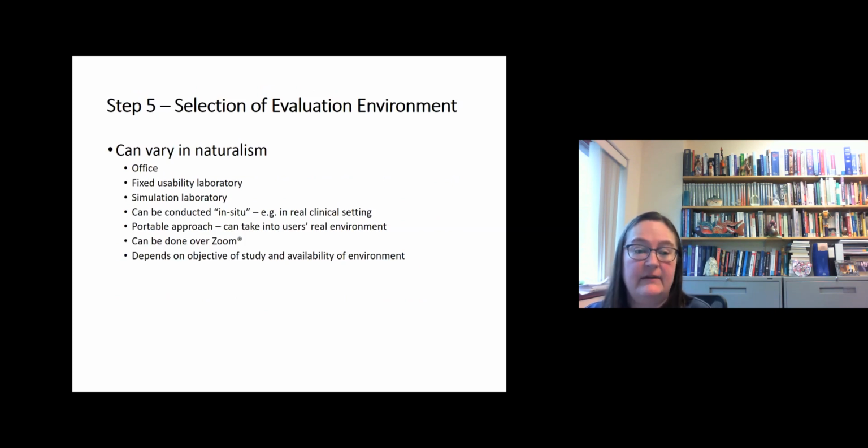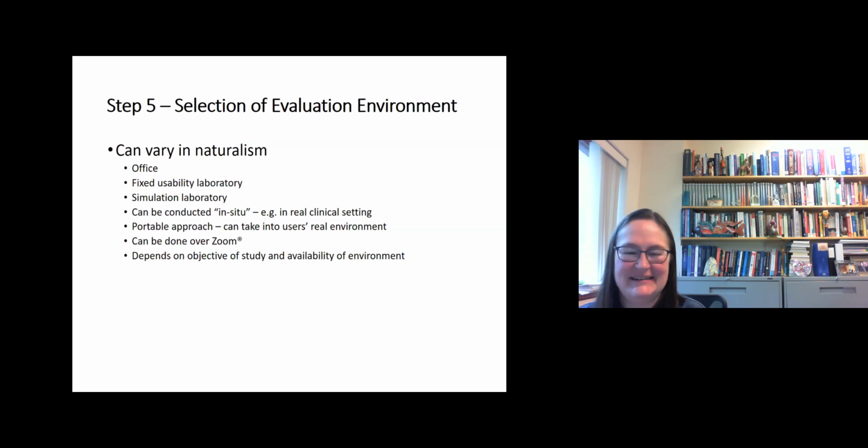And then there's step 5, where you might want to look at selecting your evaluation environment, and that could be a lot of different places. So, for example, as Andre said, you could use an office. You could use a simulation laboratory that simulates an office. You could go to a real-world clinical setting that is very representative and use a room from that setting